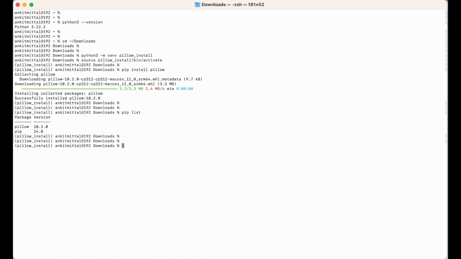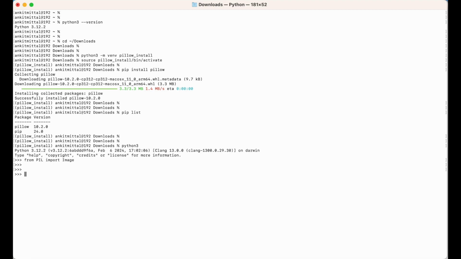Now let's verify this in some other way also. I will open the Python shell once. I will write python3 and hit enter. Here I will try to import the Image class of PIL library. I will say from PIL import Image. Once I hit enter, if it does not give any error, that means the import is successful and the Pillow library is installed successfully. I am hitting enter now. As you can see, I did not get any error. So it means Pillow is successfully installed.